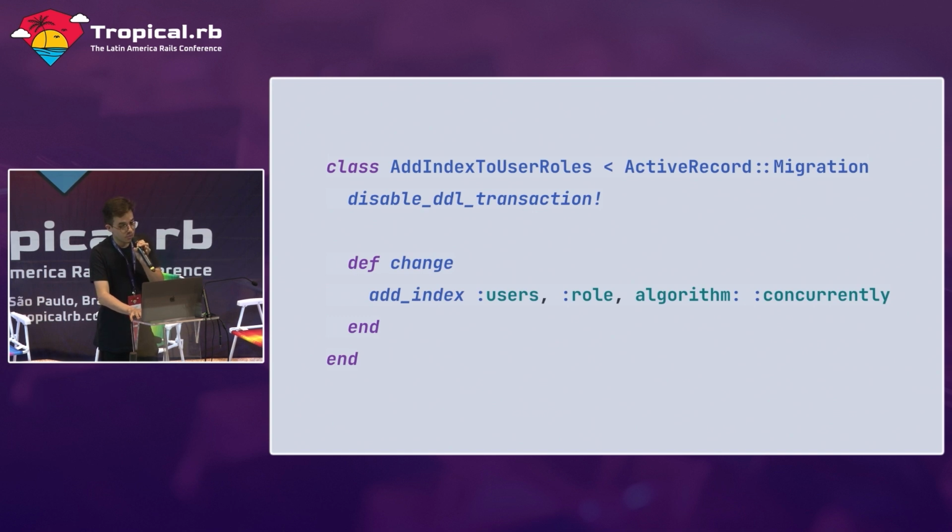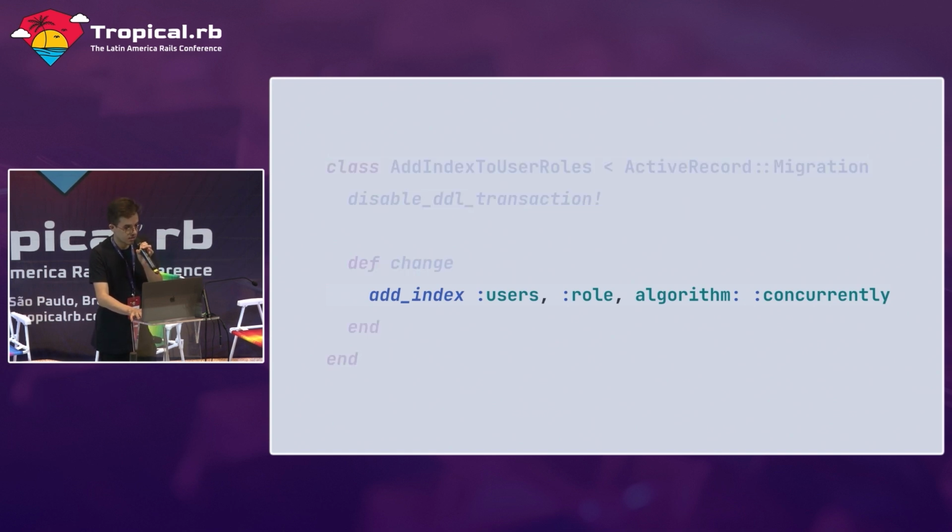So one way to work around that is using the concurrent algorithm to add an index on Postgres. What it does is that it allows you to add an index and read and write to that table at the same time. But there's one caveat: it will make your database slower during that time,